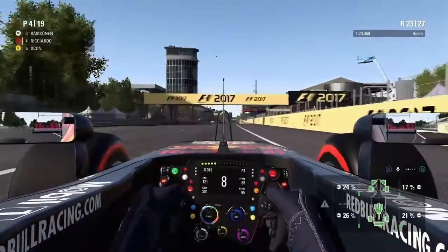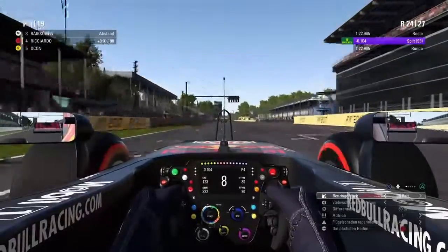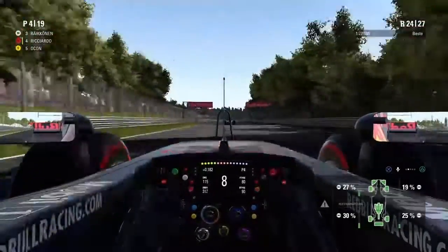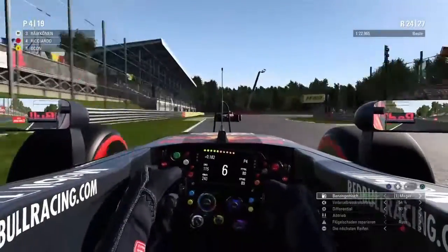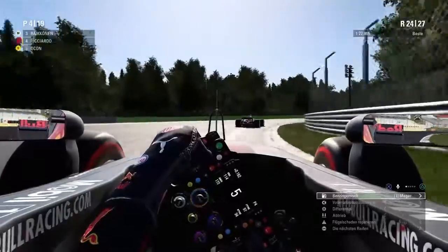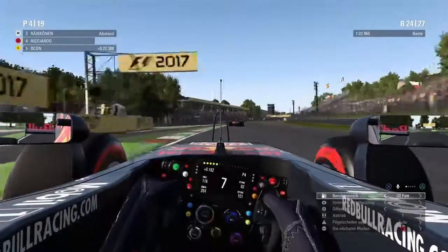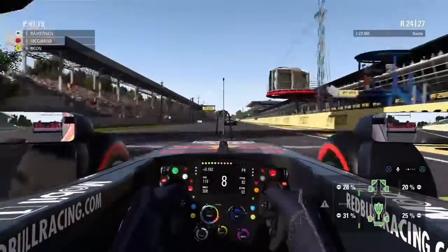And here we are now at the end of the lap. We were able to close the gap further, and we were just a few tenths shy from the DRS, but a lap later I think we were close enough at this point, and we had much more grip compared to Kimi. And at this point we try to get a good run out of the Parabolica onto the straight,